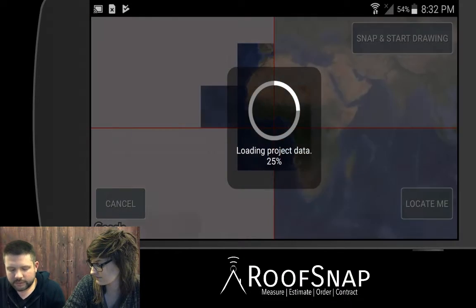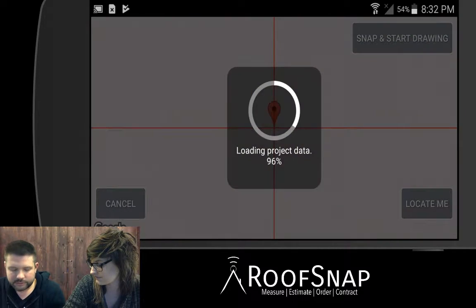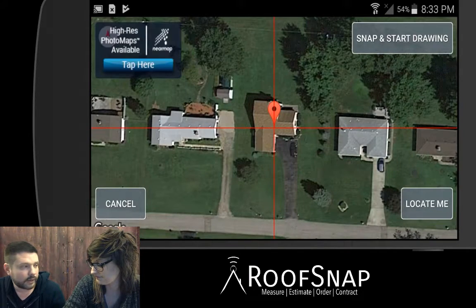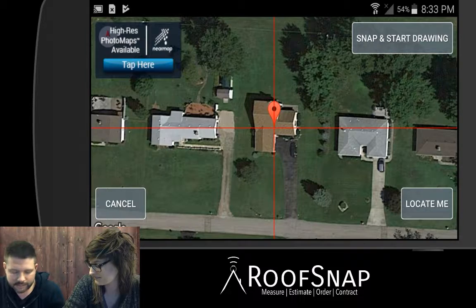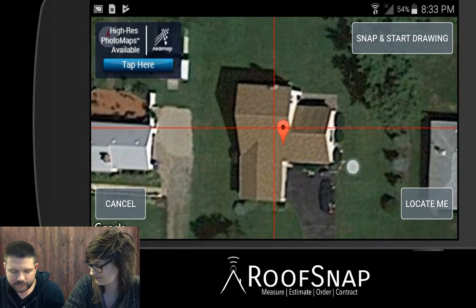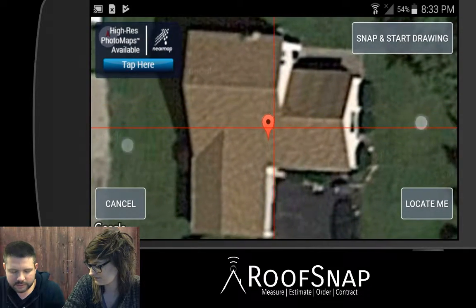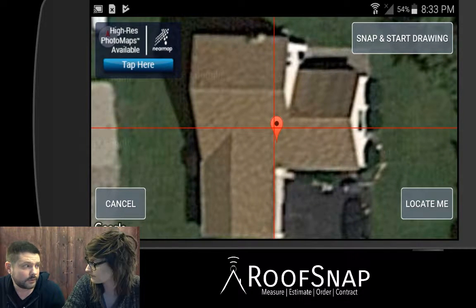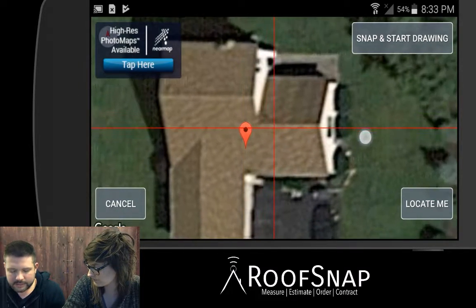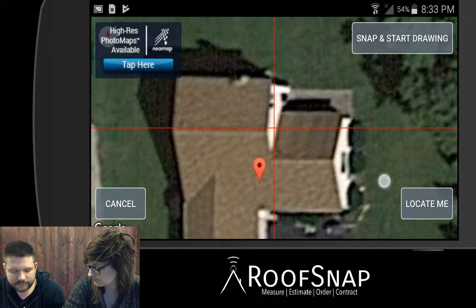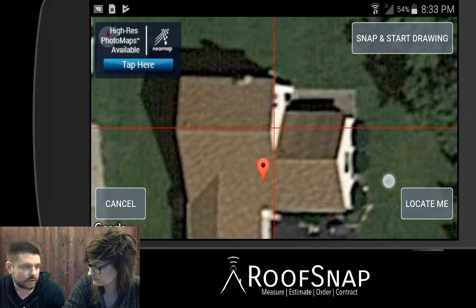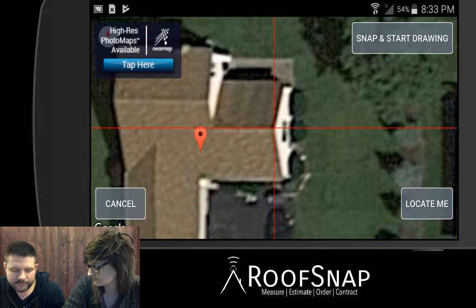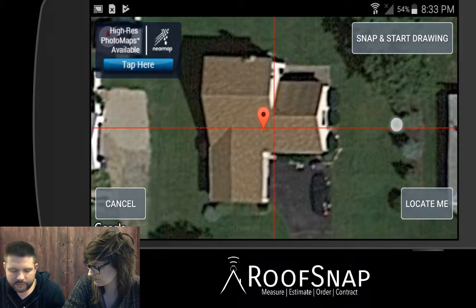It's going to load in the project, and it's going to zoom in here in our Google view right on the house. It drops a pin right on top of the house. We can zoom in and take a look at this image here in Google's satellite view. But as we can see, this image isn't great. It's very distorted. The rakes should be straight from a top-down view, but we're seeing the sidewalls. So your other imagery